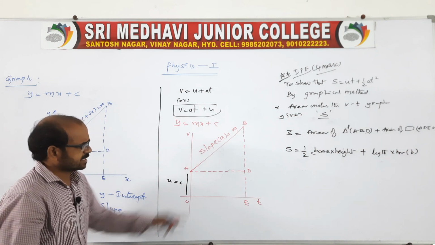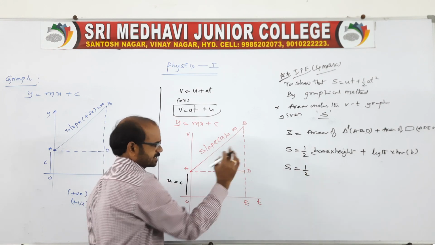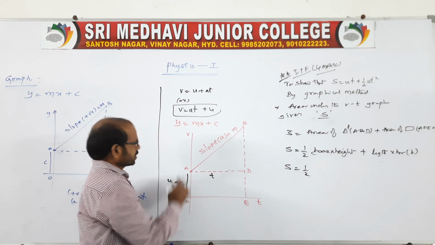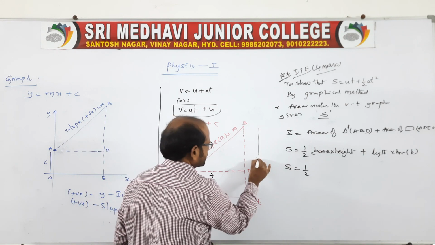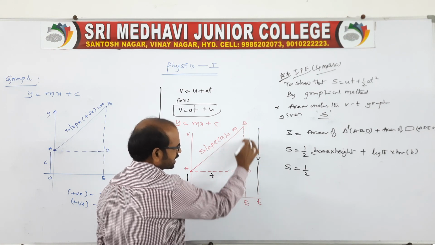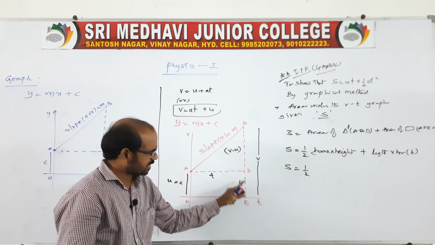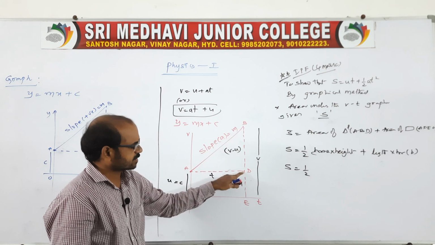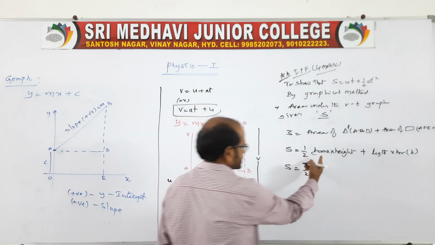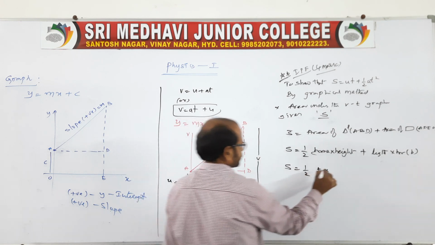Now coming to the area of a triangle, S is equal to 1 by 2, it is a base and it is a height. Now we have to write here, the base is represented as T because it is parallel to the x-axis. But the total is V, therefore you take it as V, and this is U, therefore this one is represented as the height. So the height is V minus U, because the total is V and till here it is U, so this part we should get. Suppose you take the subtraction V minus U, you will get this one. Here you write base is nothing but T into height, height is nothing but D to B, that you write here V minus U.